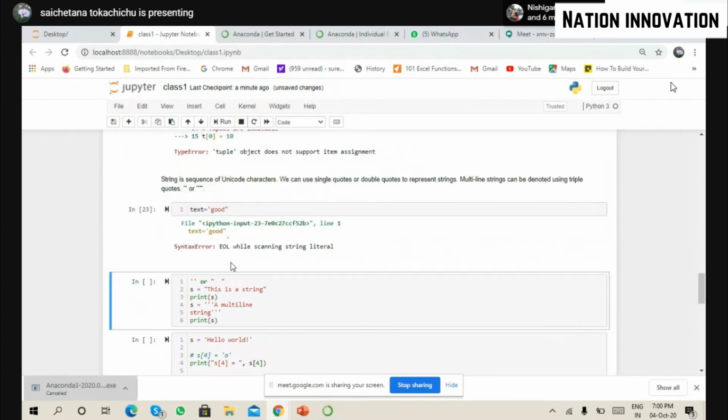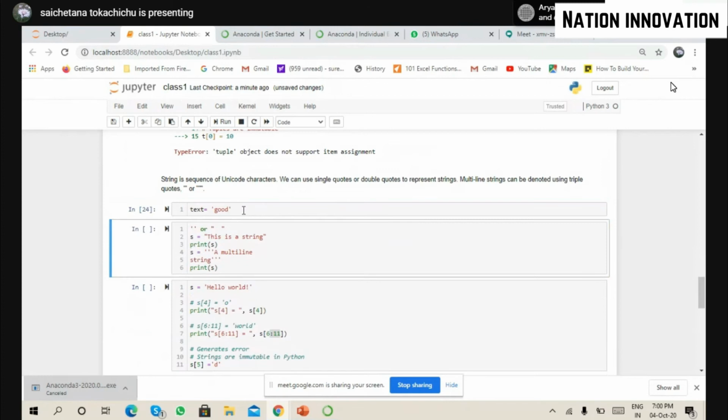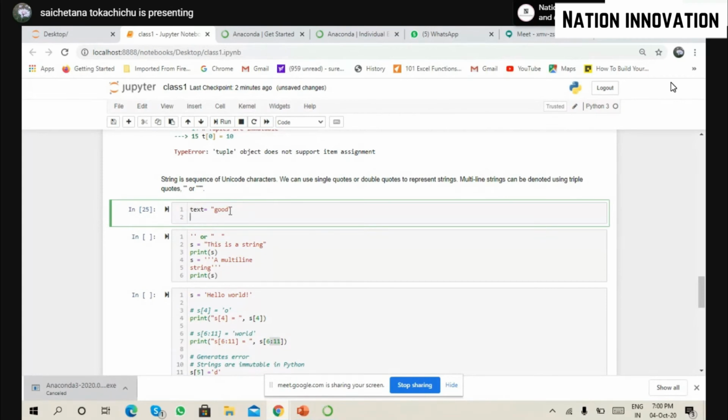So will I get an error? Yeah. We are getting an error. Why? This is a syntax error. Syntax error means somewhere you have made a mistake based on the original structure of the program. If I change this into a single inverted comma, yep, it's good to go. And if I change it to a double inverted comma, yep, it's good to go. So starting and ending should be the same. Single or double doesn't matter. This is one of the key elements of Python. So now I am good to go with a single line.